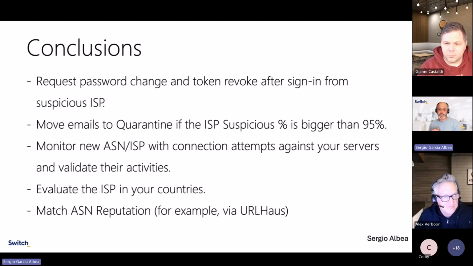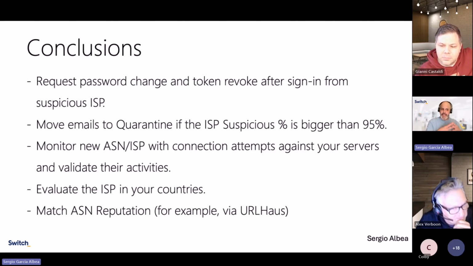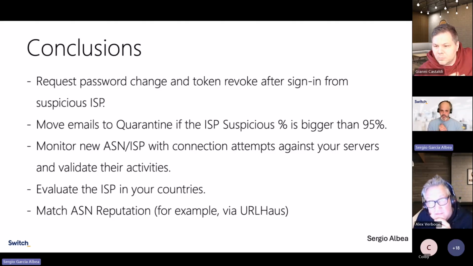Evaluate the ISPs in your country. It's a good exercise. I did it in Switzerland, and basically you can do it with ChatGPT. I did it with that, I will not lie. I said, give me a table with all the ISPs in my country, classifying in a table the benefits in terms of security and response for everyone. And I was really, really happy with the results. And then I was applying these in my logs.